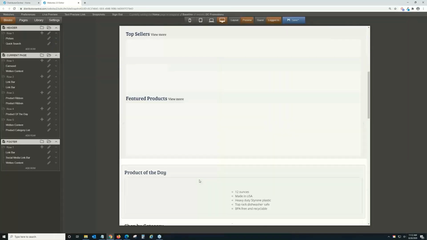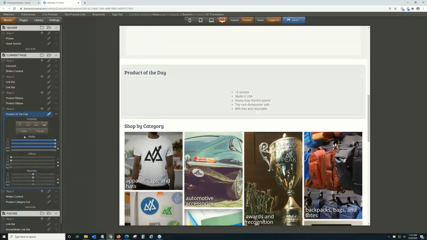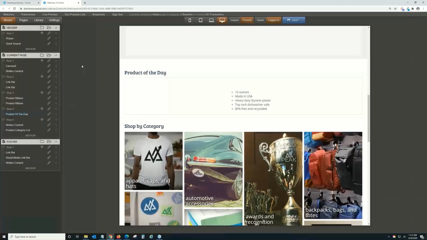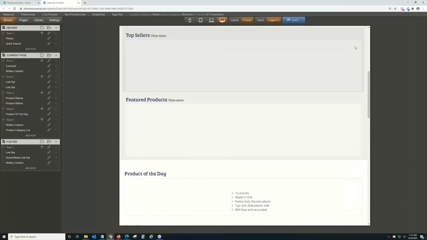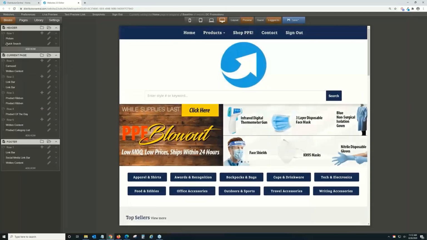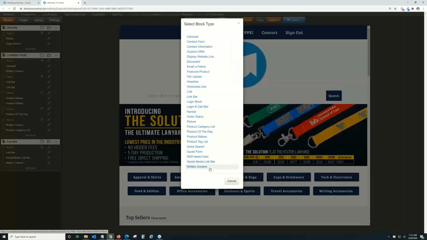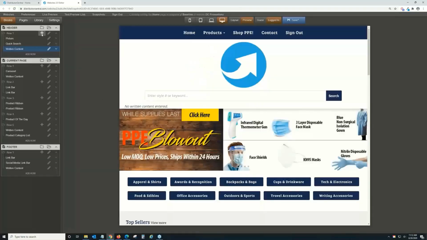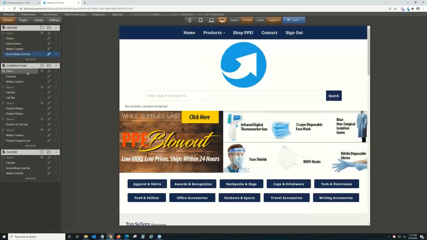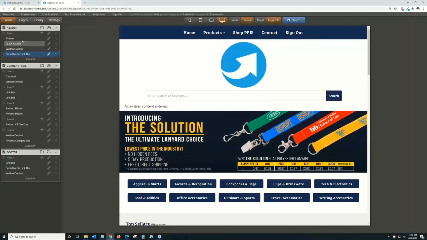If I come down here and click on one of these, it's automatically going to pull it up where it's at over here in the menu. So it gives you a good idea. Another way, once you get familiar with the blocks, so as you see, as I've added the block, when I did the written content, it just had the written. I'll do it again here real quick so you can see. So if I did written content, if I did social media, you can see it's using the name of the block. But if I wanted to, once you get the hang of it, then you can come in here,